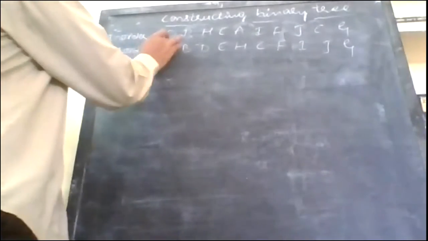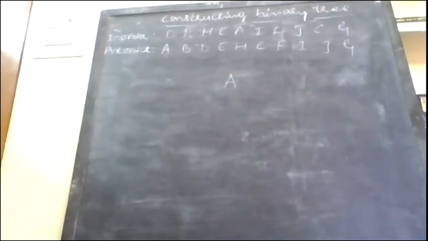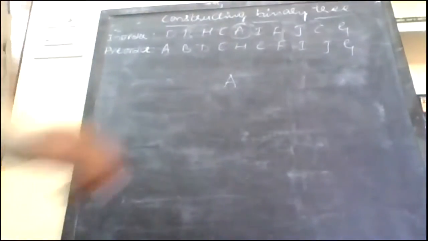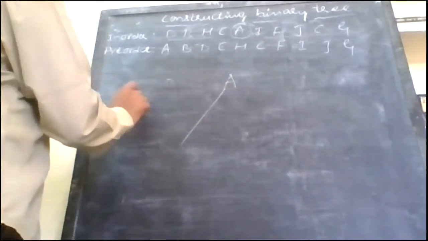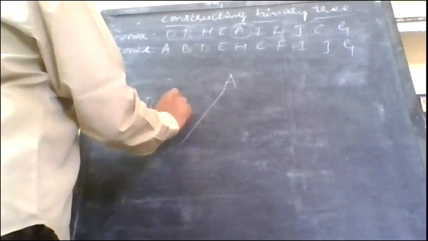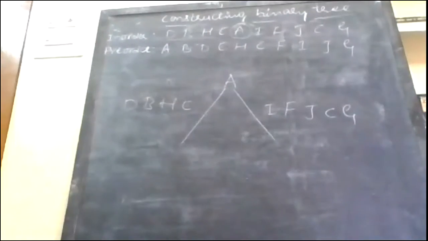So keep in mind here, they have given pre-order. In pre-order, we notice that the root of the binary tree is always processed first, which clearly suggests that A is the root of the binary tree. So I need to mention that in inorder. If I do so, you see what I find. I find some elements on the right side and some elements on the left side. The elements which I find on the left side are D, B, H, E. Correct? The elements which I find on the right side are I, F, J, C, G. Okay, this is clear.